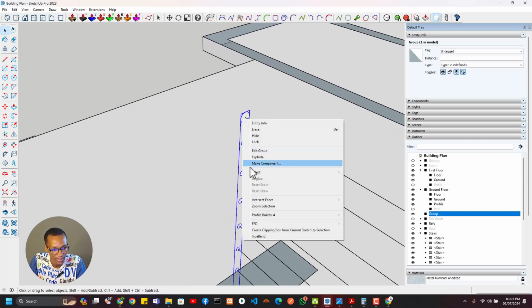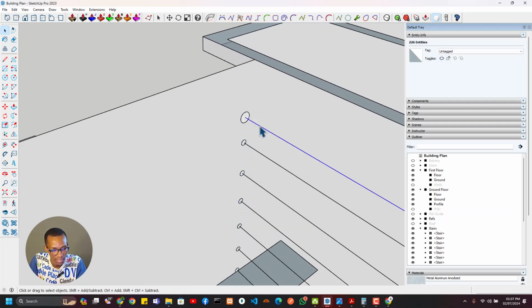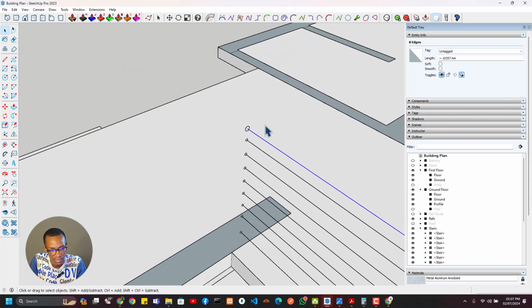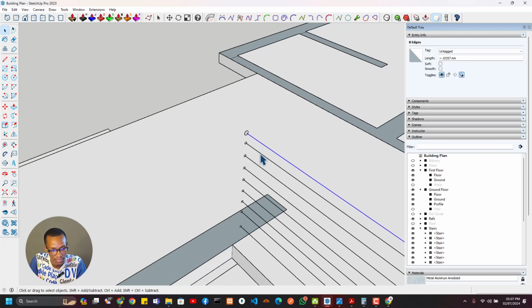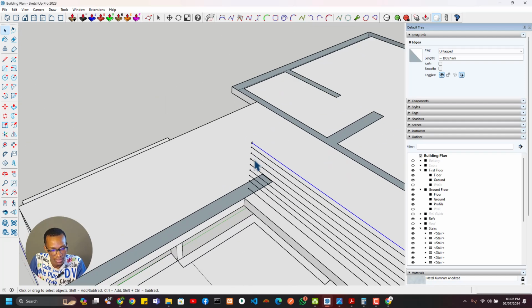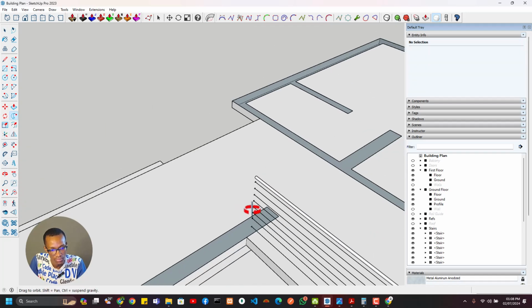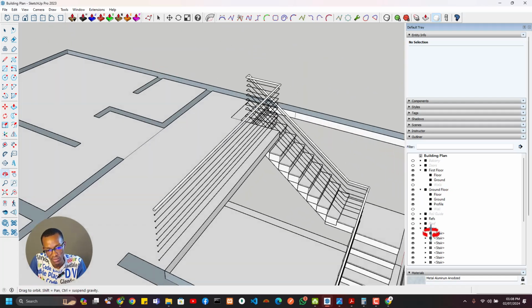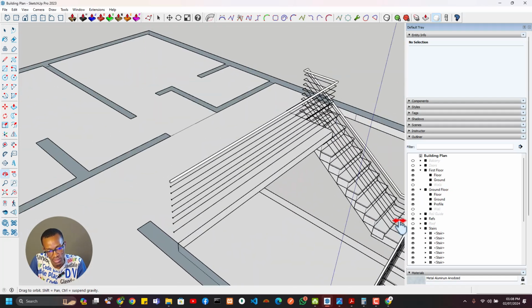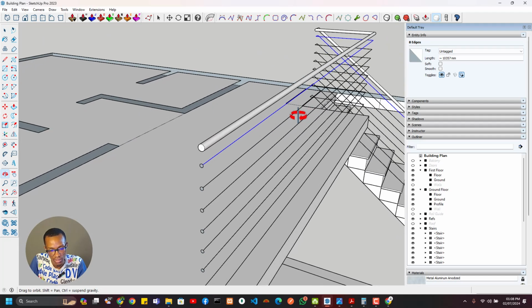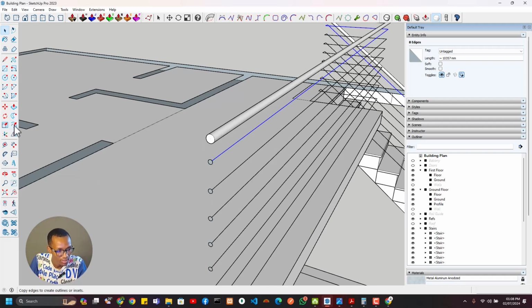So what I'll do here is I'll explode this and then click that, ensure that it has all the parts selected. Then I will hit on the follow me tool with this. I create a straight run, continuous thickness to the end, right? So that's all. So triple click, ensure it's selected, then click on the follow me tool,